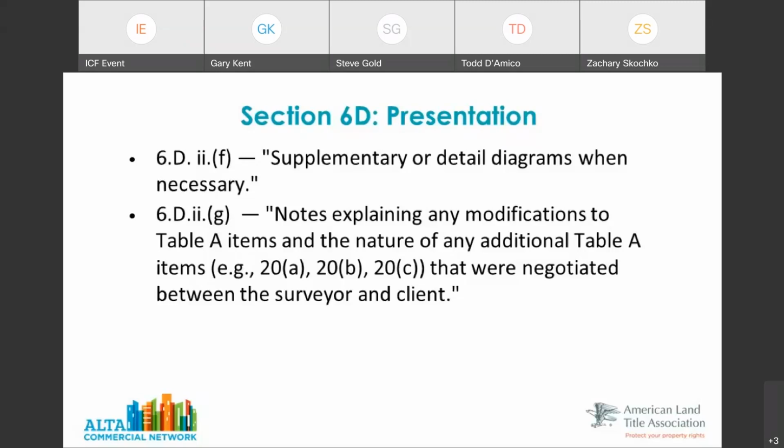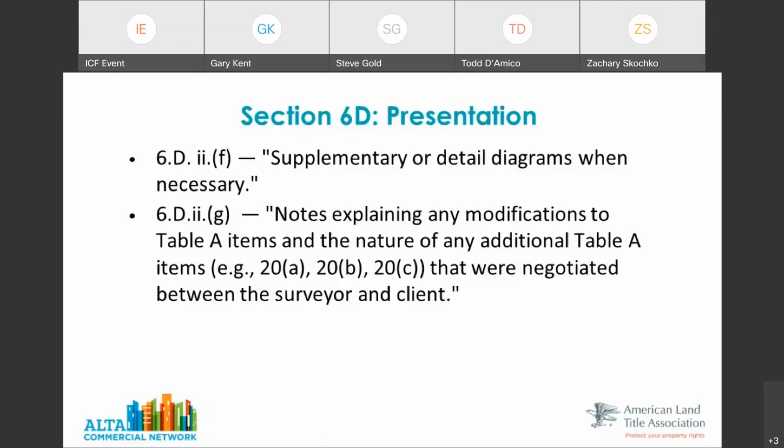So that's an area that you might be mindful of in your review, that if you see other areas blown up on the survey or enlarged on the survey in detailed diagrams, those are areas to pay special attention to. The surveyor is calling that out for a reason, to show a better representation of that area for you.